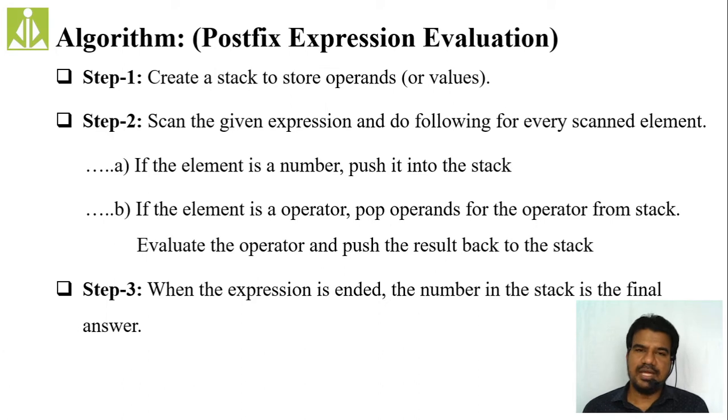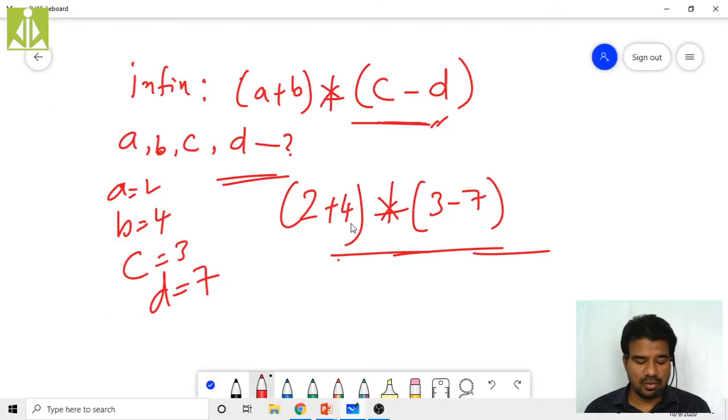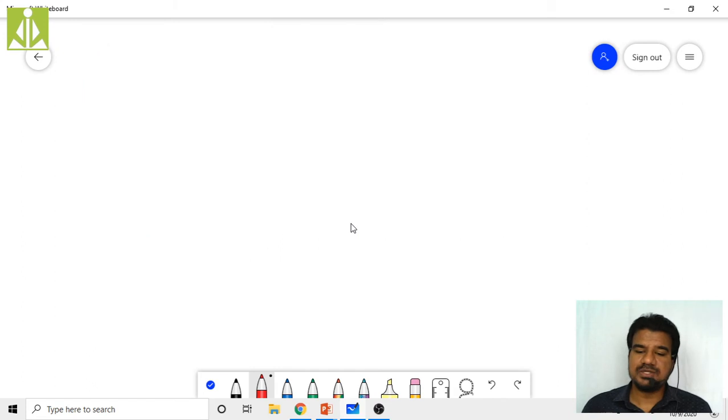Okay. So in general, in your exams, how they will ask the examples, or how they will ask the concept of this postfix expression evaluation, we will discuss. Go here to the whiteboard and delete this one. We'll start with simple examples. And after that, we will increase the intensity of the evaluation, and we'll discuss some complex examples. Hope you understood. So quickly go with simple things.